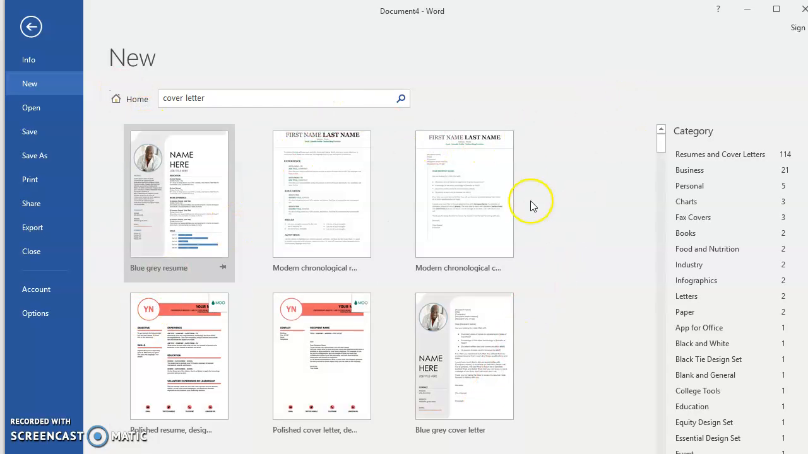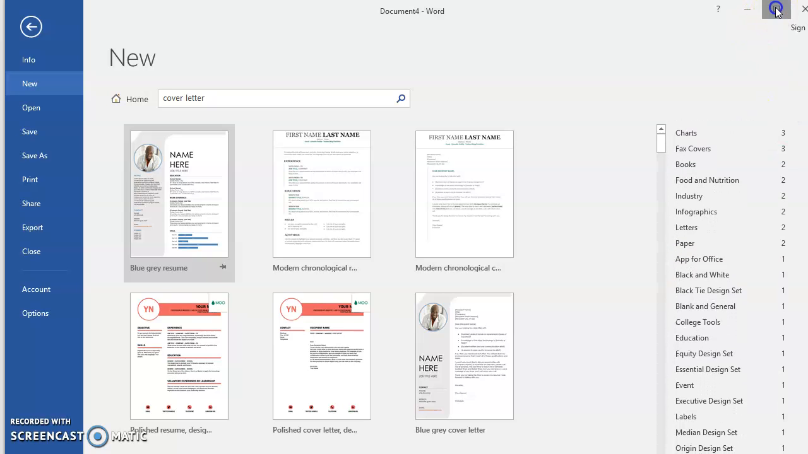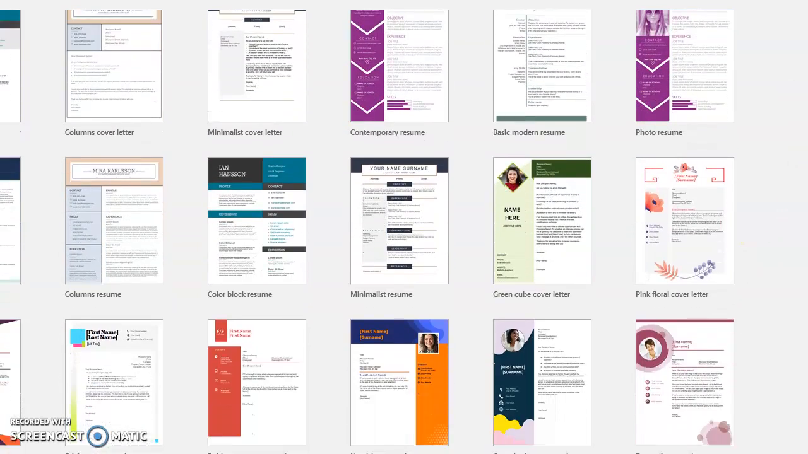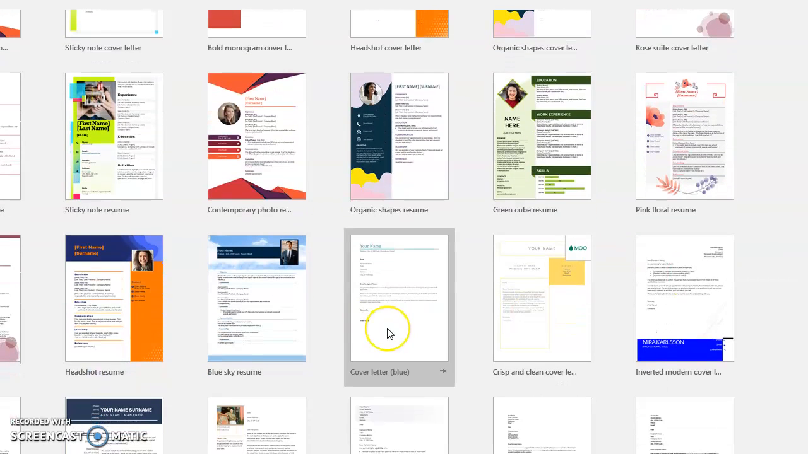It will pull up tons of different templates for you. Again, you're going to be typing it the same way that you wrote it when we did our other thing. So that's really important. You can go scroll through these and kind of choose one. The simpler the better. I really like just this cover letter blue, which is really simple and it follows our